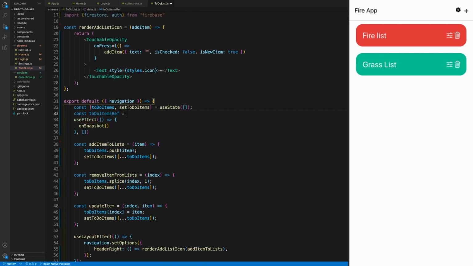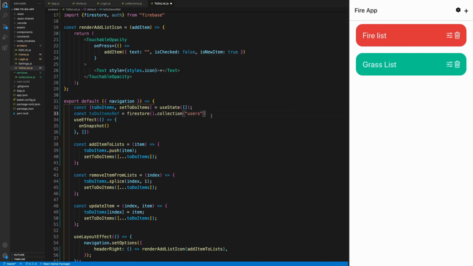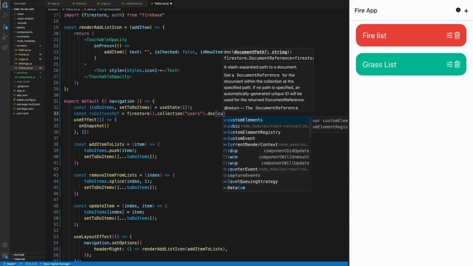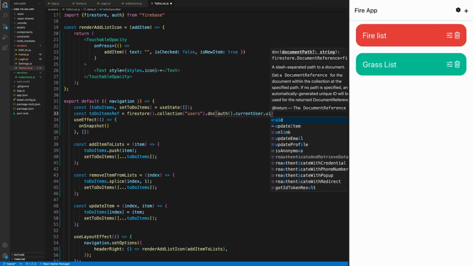And we're going to set the to-do items ref equal to Firestore dot collection users dot doc auth dot current user dot uid